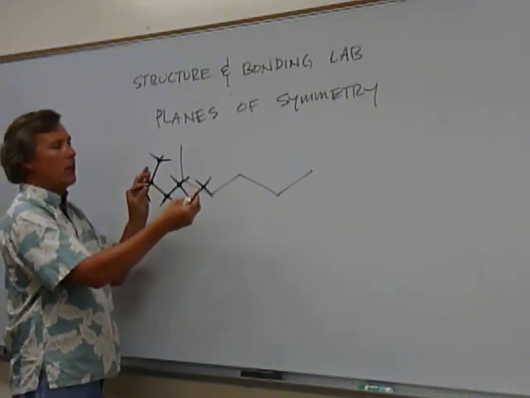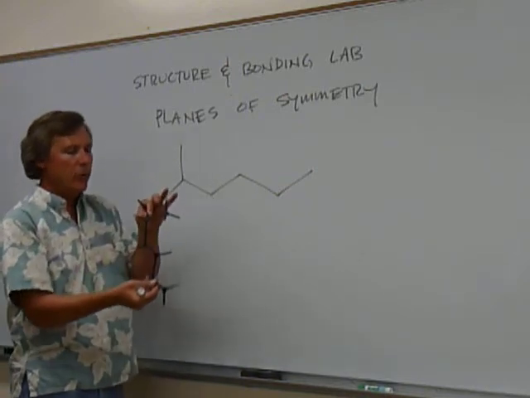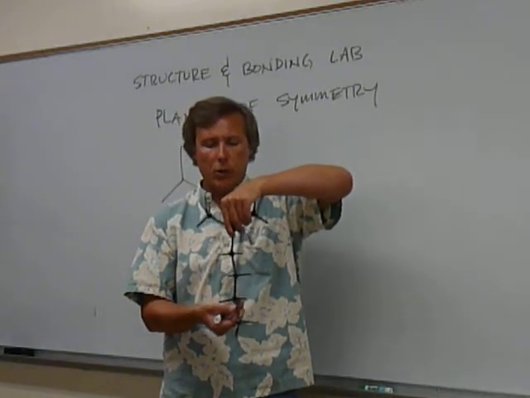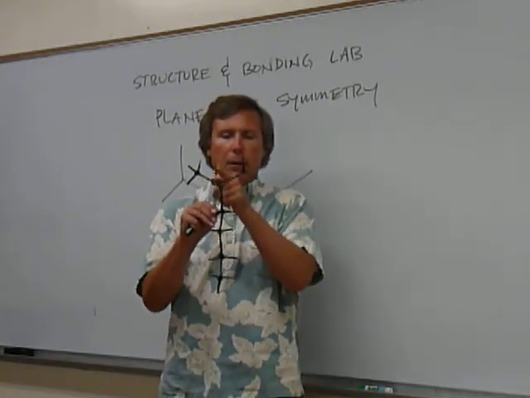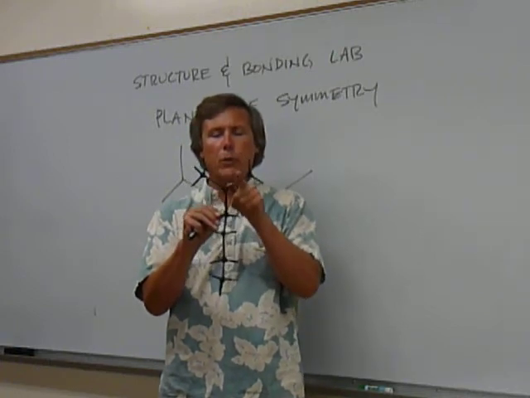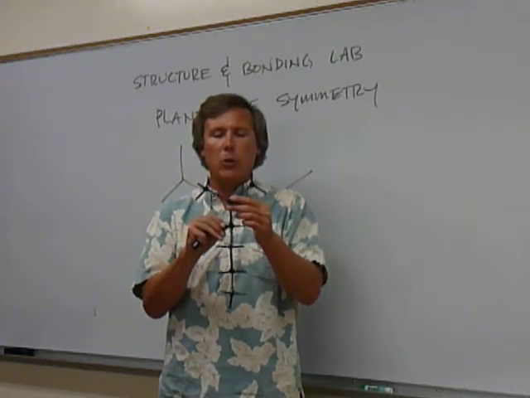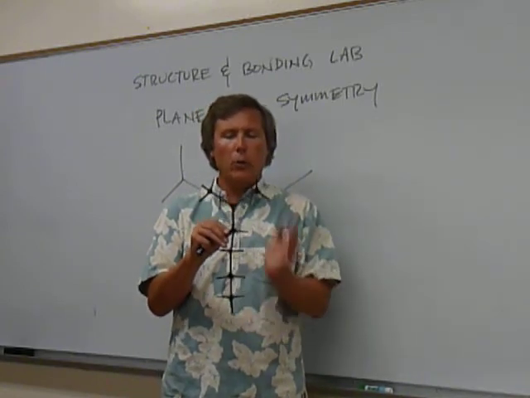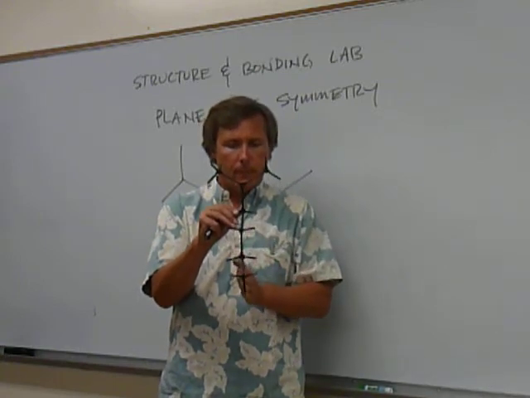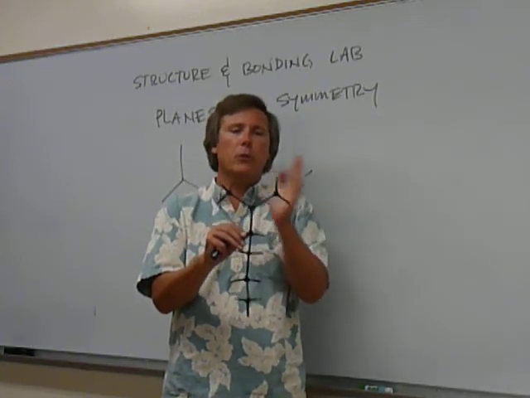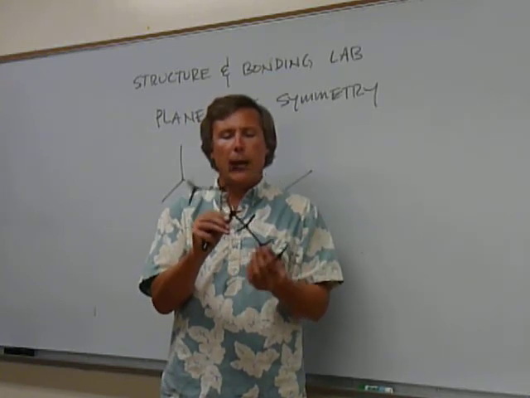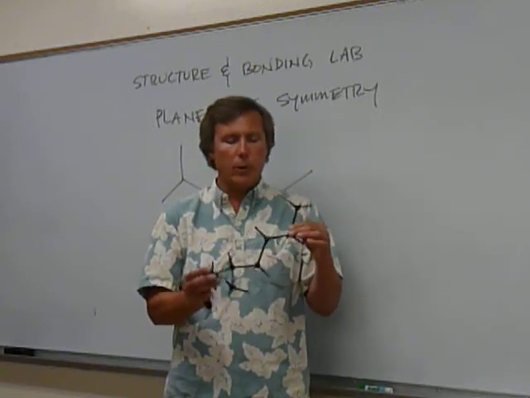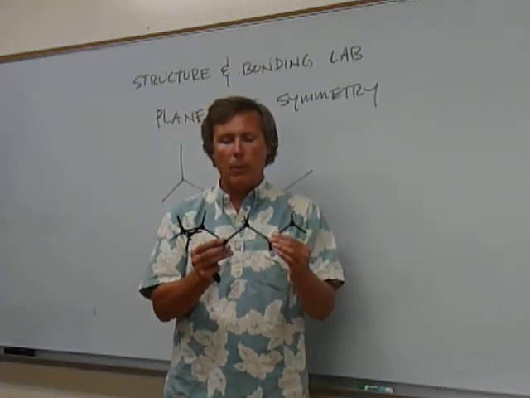It doesn't look like it has a plane of symmetry until I present the molecule in this manner. If I twist the molecule like such, we can see that we have a carbon with two methyl groups attached. And so this carbon is not chiral, it's actually symmetrical. And when I split the molecule in half, this half of the molecule is the same as this half. This molecule has a plane of symmetry. So we want to look at planes of symmetry in our molecules as well.